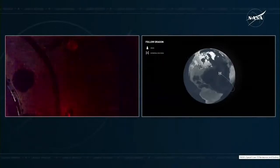And there you heard Dragon has successfully docked to the International Space Station. We have contact and soft capture confirmed. Soft capture means that the initial soft capture ring around Dragon has physically connected with the International Docking Adapter. And this is just the first part of the overall docking sequence, Anna. We did have that contact confirmed at 9:04 p.m. Pacific, 11:04 p.m. Central, while both Dragon and the International Space Station were flying 260 statute miles